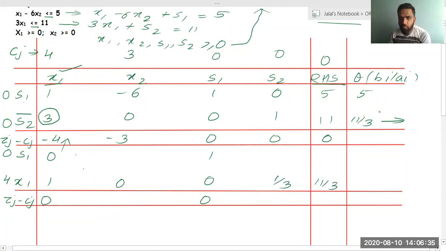Always remember, whatever is here, when we divide it, automatically it will come here. This is so simple because we are actually finding this by dividing RHS by the pivot column. And when we are finding this, this is also something like RHS divided by the pivot column. So automatically this theta value and this RHS, whatever we are doing, this will be equal. Even if you don't agree to it, you just do it by simple calculation, you will get to that same value.